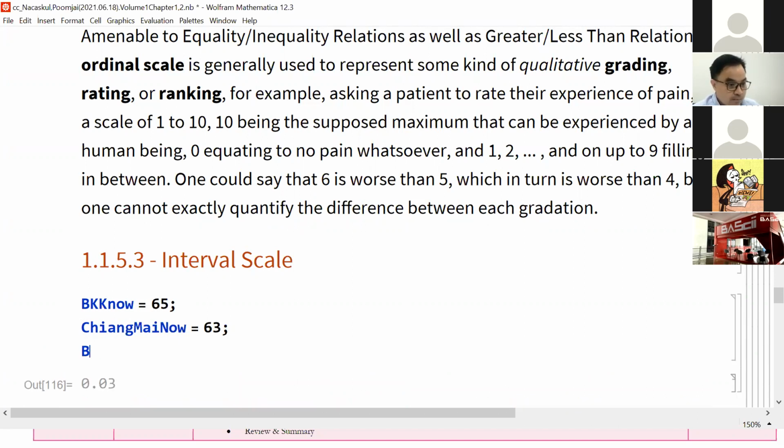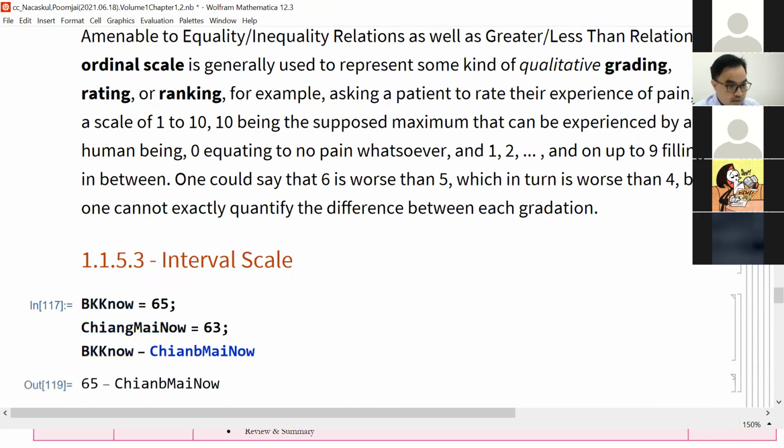Okay, so Bangkok now minus Chiang Mai, okay, oops, it's 2. So it's 2 degrees hotter. The problem is if I do this in Fahrenheit. If I did this in centigrade, okay, so it might make sense. It may not make sense. It depends on the scale because